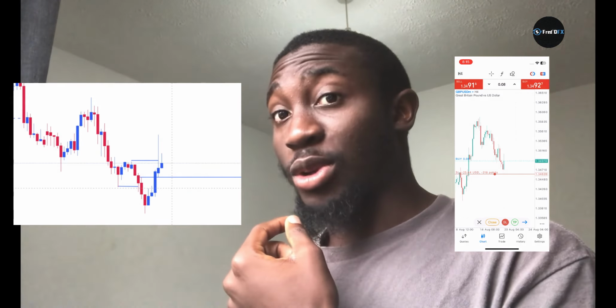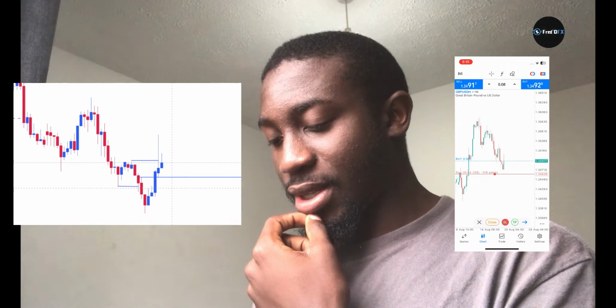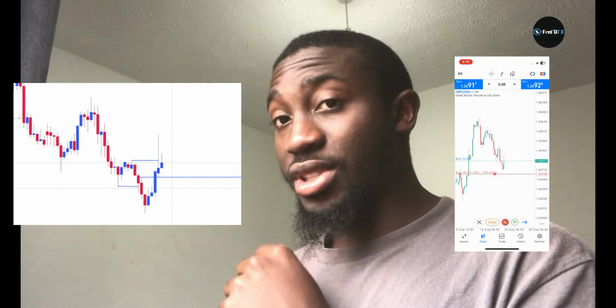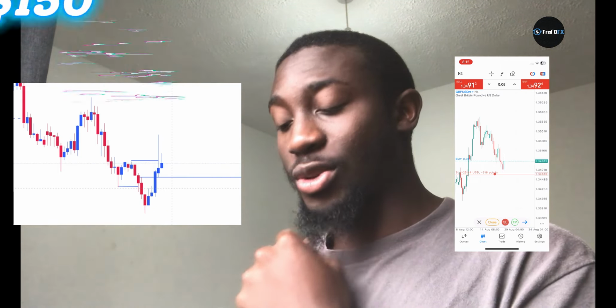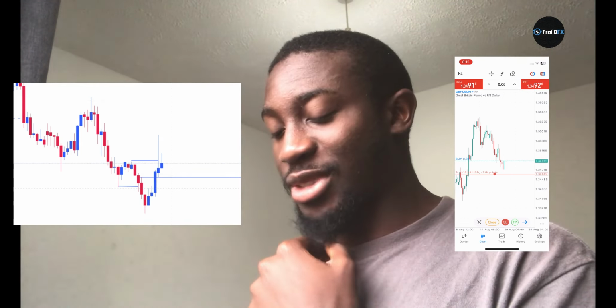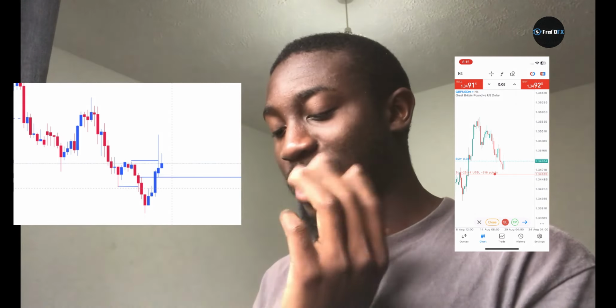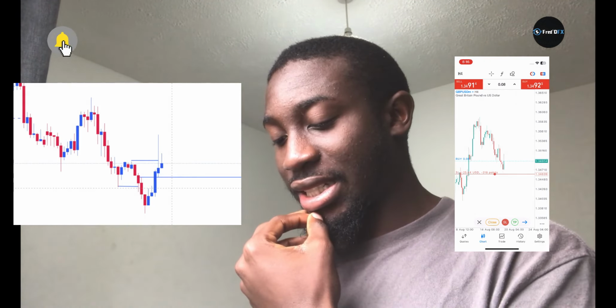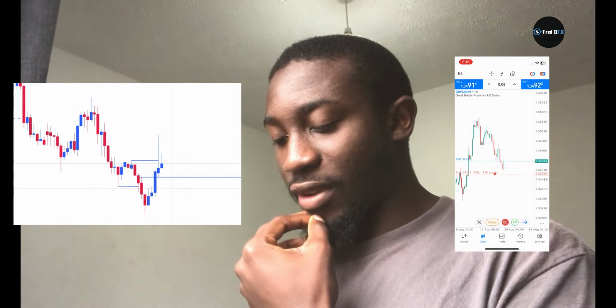I'm trying to calculate my risk management, because normally in one trade I risk $50 to get 150. Most of the time I use limits to take my trade. I don't do execution like that, so that's why I'm trying to calculate very hard to get this one. Okay, let me leave it at 25.